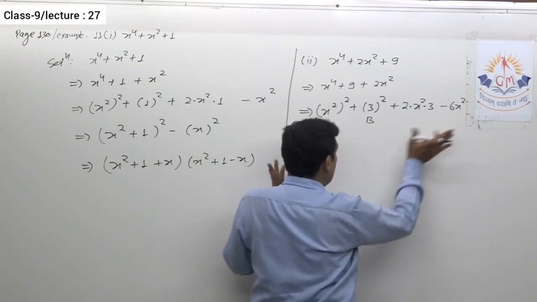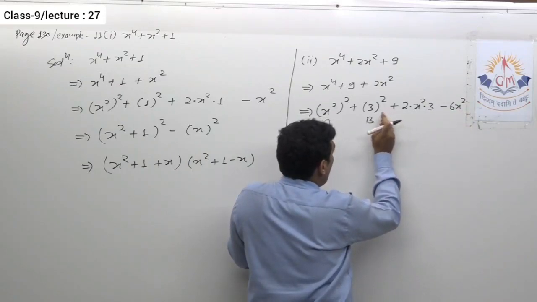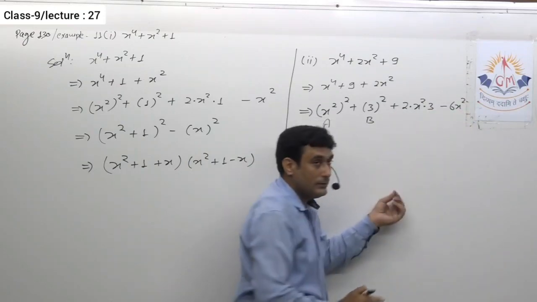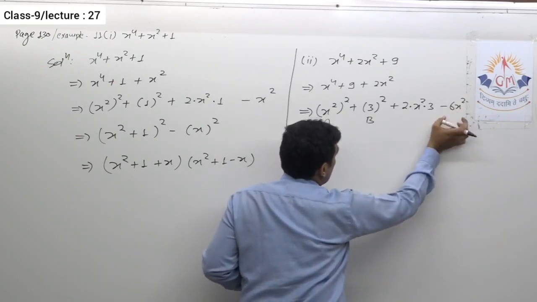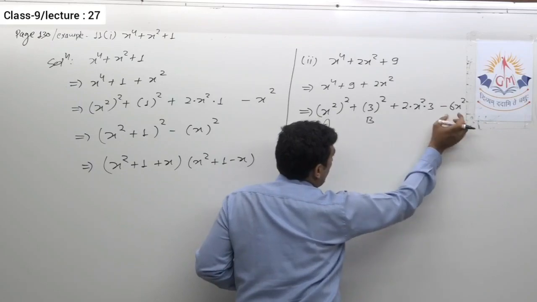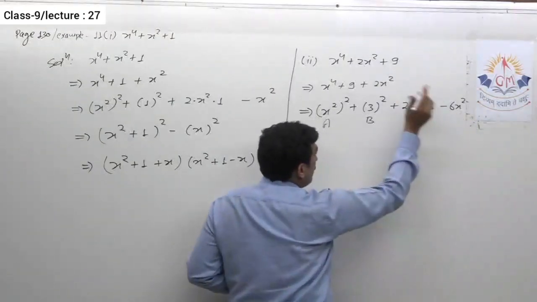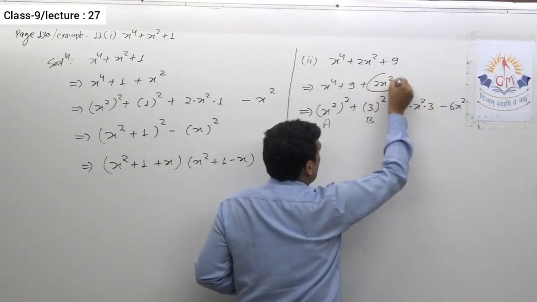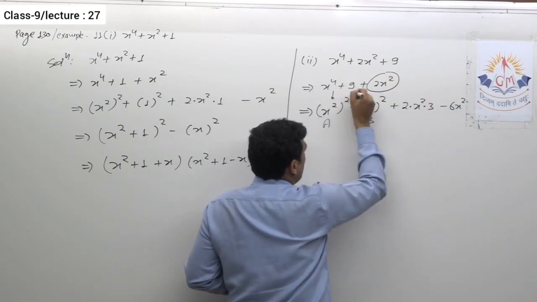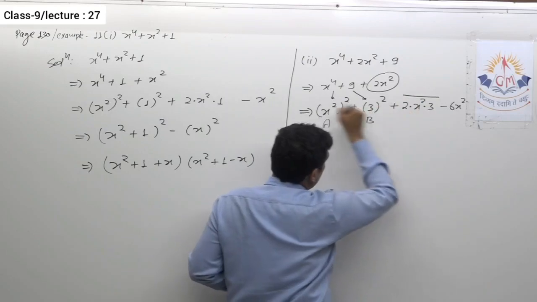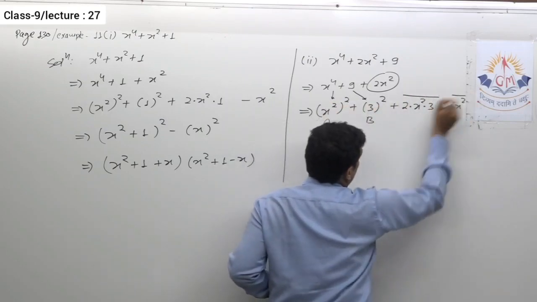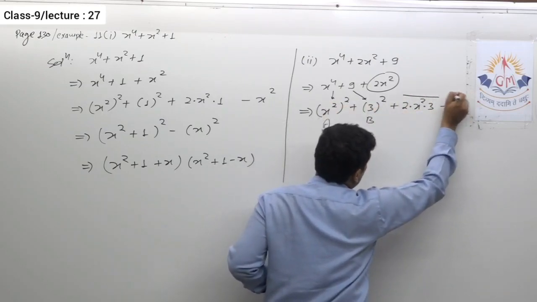After this, still it is not sure whether I'm going on the right track, but just wait a while and then we'll be clear whether we are going on the right track or not. So here it is minus 6x square. Now I write whatever is left, isn't it? This I wrote in this way, this I wrote in this way, and then I added this by my own to get the complete identity. And as I added 6x square, I subtracted 6x square.